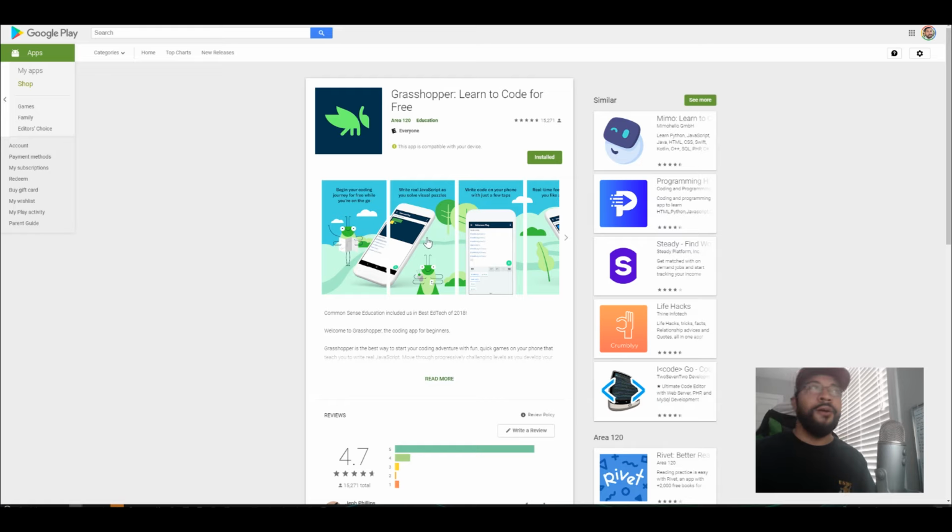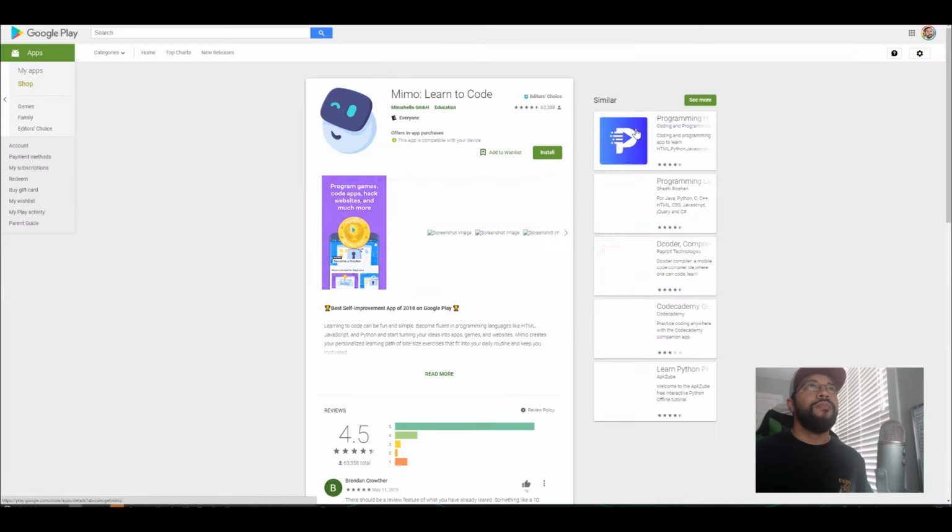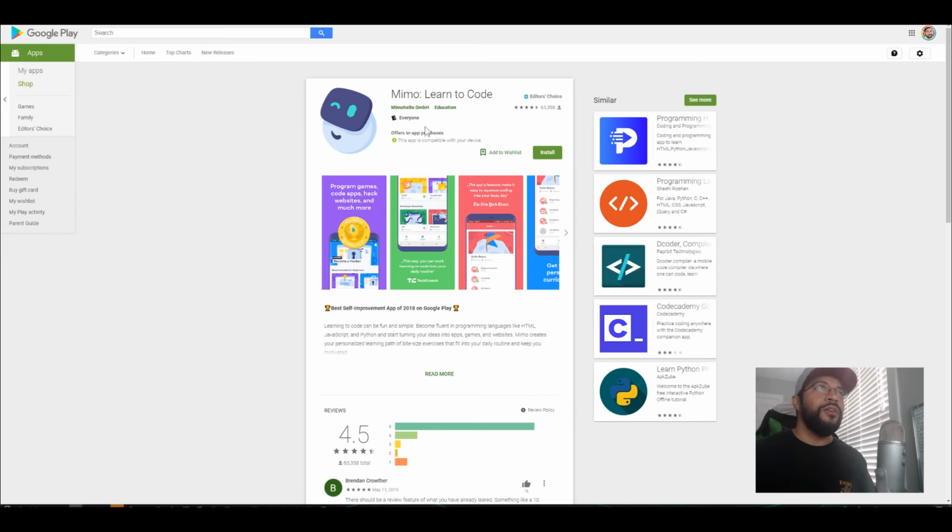And then another one, and here it is, Mimo can also be pretty good for learning to code and stuff. So a lot of these apps are free. They might have in-game or in-app purchases and stuff like that, but definitely worth checking out, especially if you're on